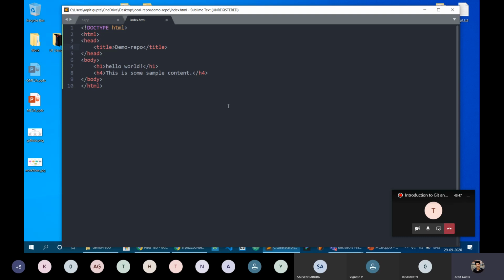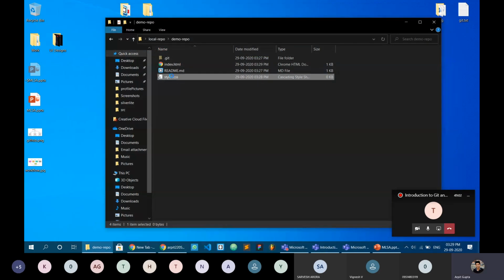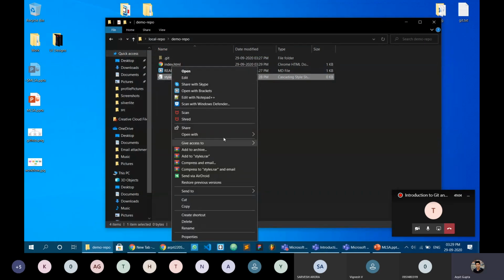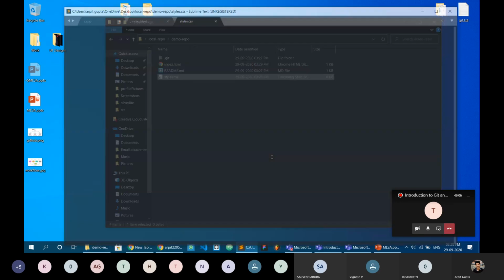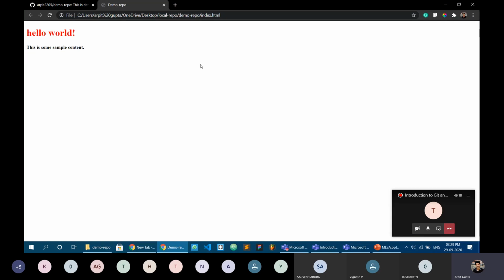Let's also link the CSS file to it. And let's also add some content to the styles file. Let's give some color to the H1. Make it red. Okay, so let's see how it looks. We have created these files.